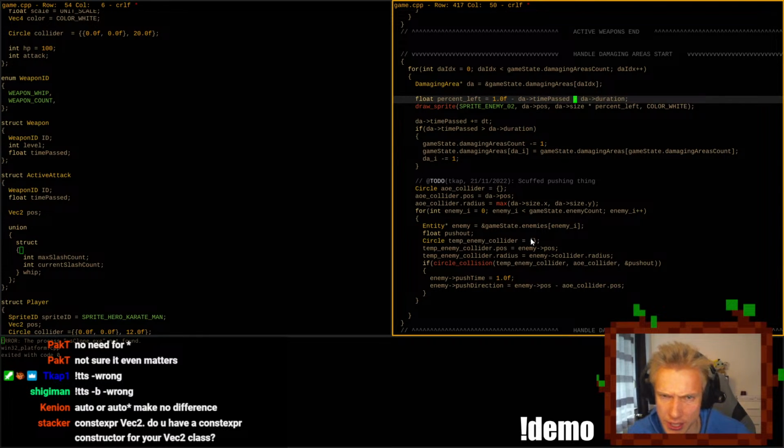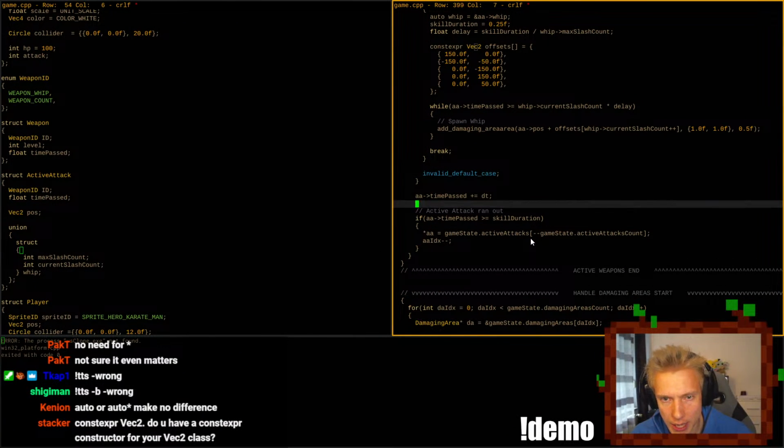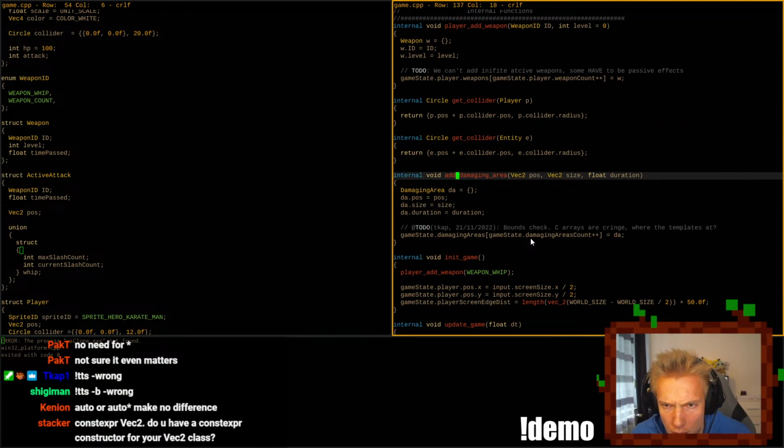And then what is that? Percentage left. I think this is wrong. Also, the sprite depends on... Oh, the damaging area needs to have a sprite ID. Yeah. So when we add a damaging area, we need to supply a sprite ID, I think.